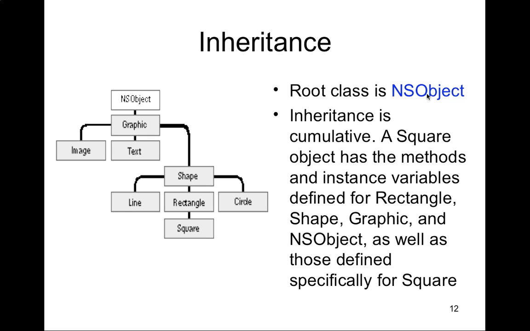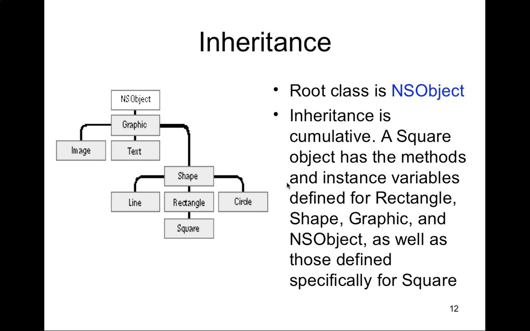So in a non-iPhone iPad, we have NSObject, which is the highest of the hierarchy. Because we're not going from views and we're not extending view controllers and things, which are lower in the hierarchy, actually. Because you think about the concept, everybody comes from NSObject. This is kind of like everybody inheriting from object in Java. And then here we have graphic, text, image. Okay, we have shape. From shape, we have a line, rectangle, a circle, and we have a square. So square is really a rectangle, which is a shape, which is a graphic, which is an NSObject. So at any one moment of time, we can take an ID and attach it to anything, and then flip back and forth between the different hierarchical